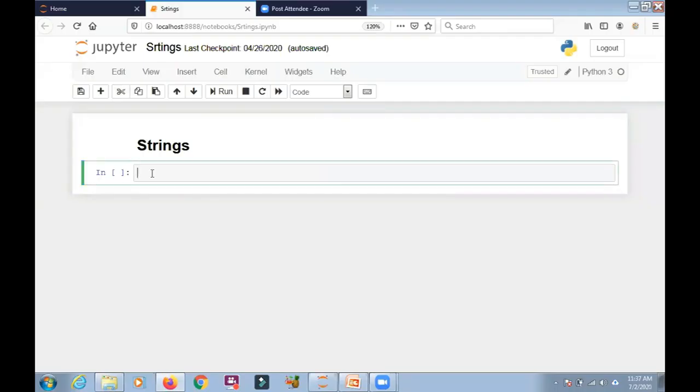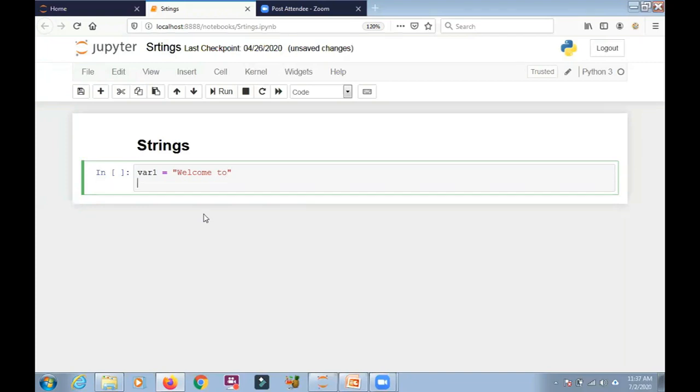Okay. So in the Jupyter notebook, first I am going to create two strings. I am taking var1 to hold the first string. I am enclosing my first string in double quotes. So the first string is "Welcome to". Now an object will be created in the memory for the welcome to string literal, and that will be referenced by var1. Then I am going to create another variable var2, which is a reference variable for an object with the string Python programming. Now I am using single quotes to enclose that string literal.